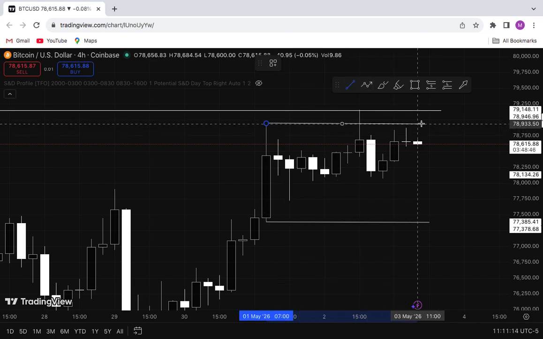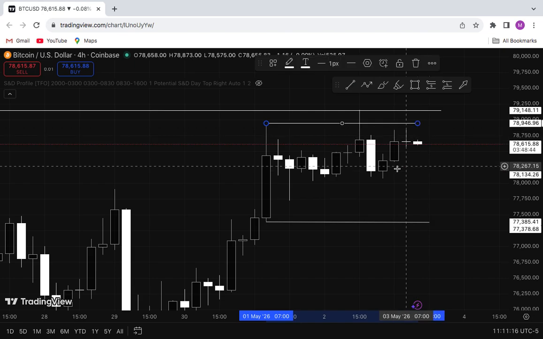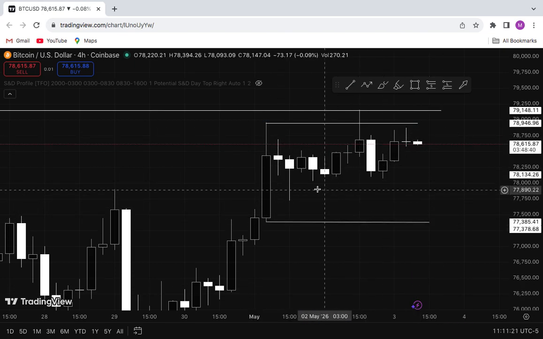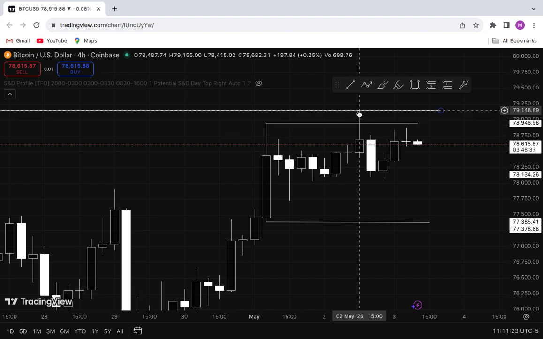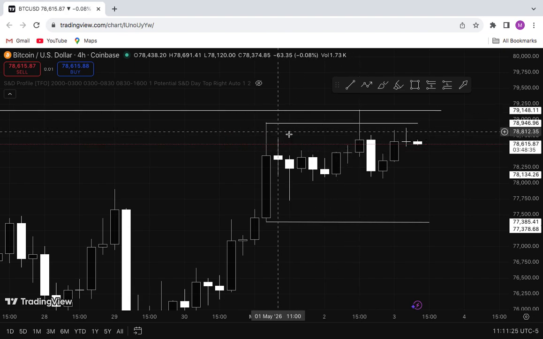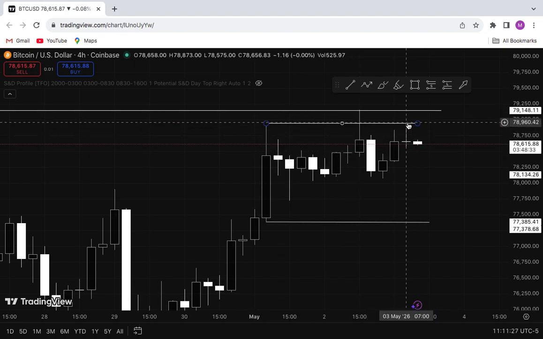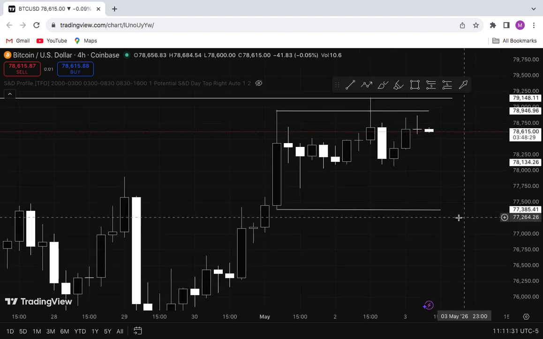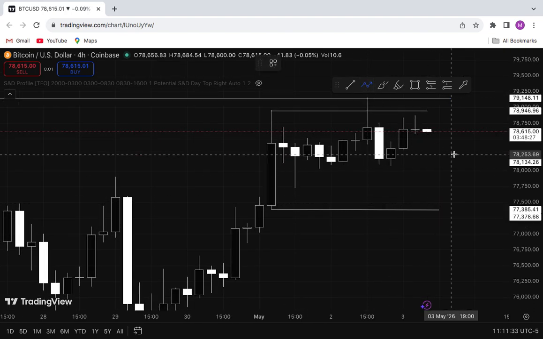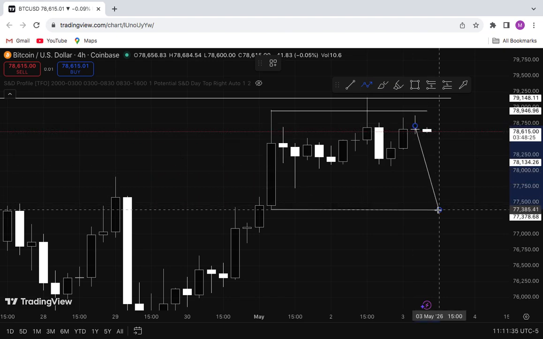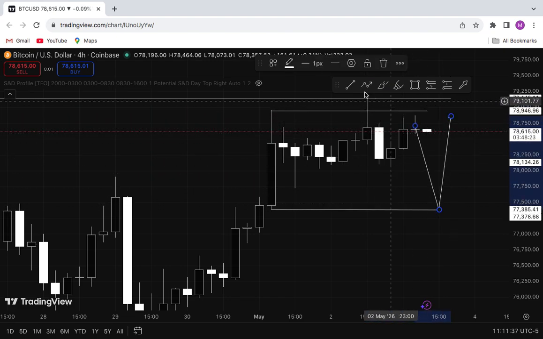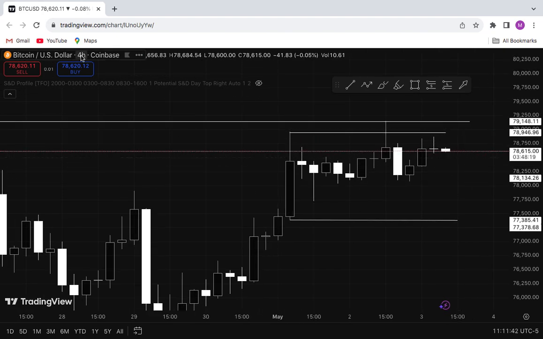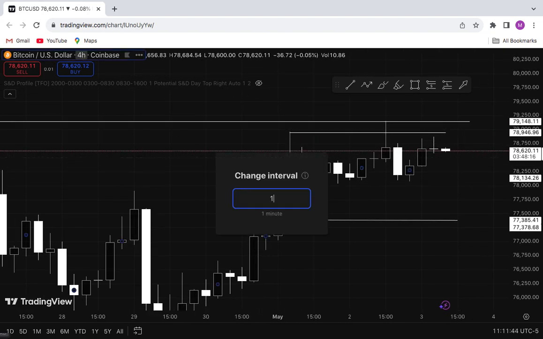As a CRT trader, I want to trade just this range. We have range high, range low. Price has collected liquidity within the range, so I'm expecting an SMT to occur and a dump to the downside. Even if I'm to look for more buy opportunities, I want to see price collecting this range before giving me the push to the upside. So on BTC, this is actually what I'm expecting.